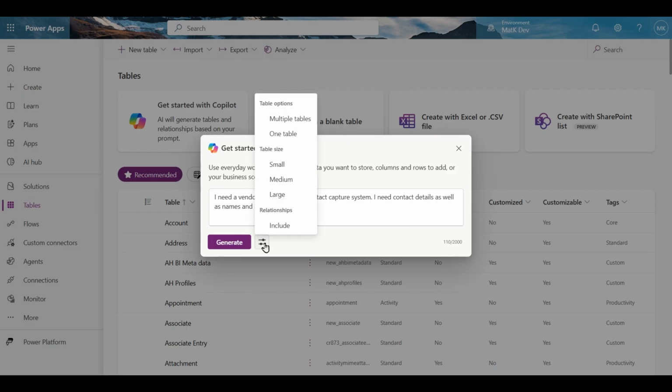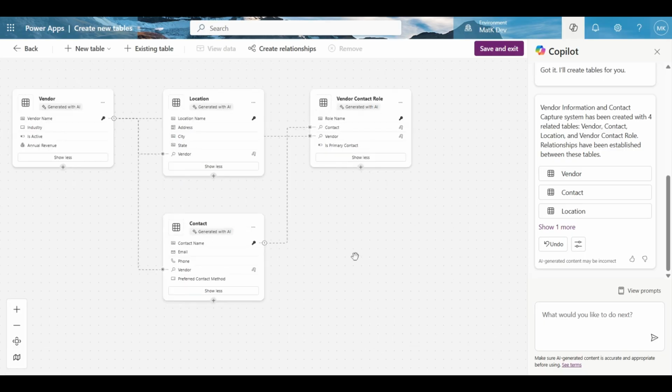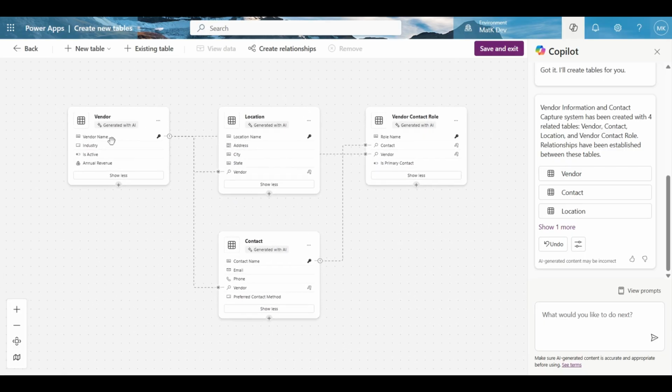the first demo. There's another settings window I can click down here that allows me to either force it into one table or multiple, as well as have it generate those pesky relationships for me. So I'll go ahead and do that and click generate. After about 20 seconds, it's gone ahead and created the 4 different tables for me. One for our vendor, one for their location details, another for contacts, and then this other one called vendor contact